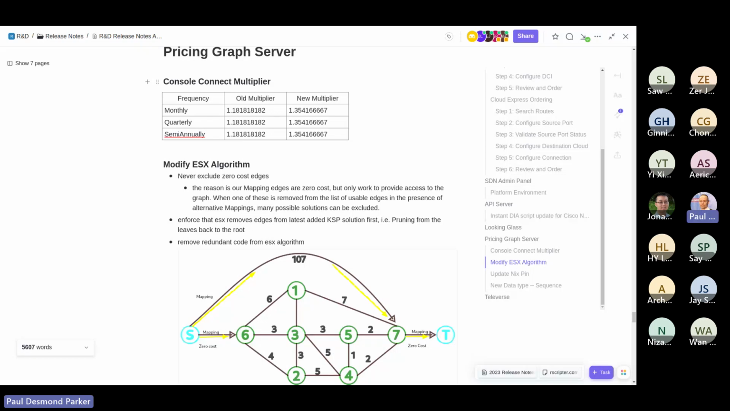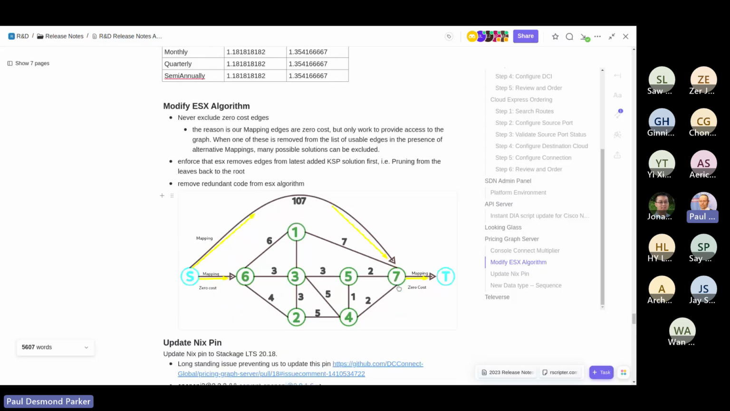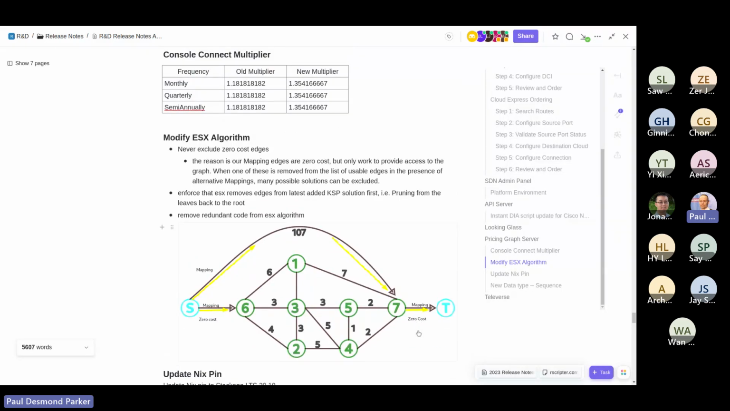The next thing on this list is modifying the ESX algorithm. What happened here was that Saipeng came back with an issue where he wasn't able to get his test cases to run properly. They were excluding proper solutions from a test. That was caused by a feature really of the ESX algorithm. The algorithm is a heuristic algorithm. That means it's not deterministic. It uses rules to get as close to the optimal solution as possible with a minimum amount